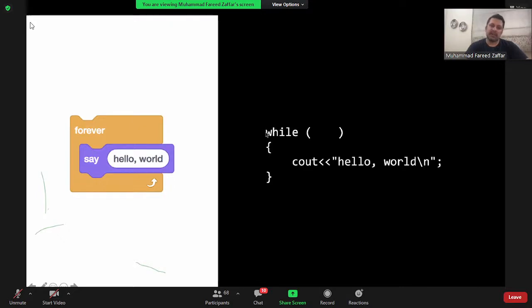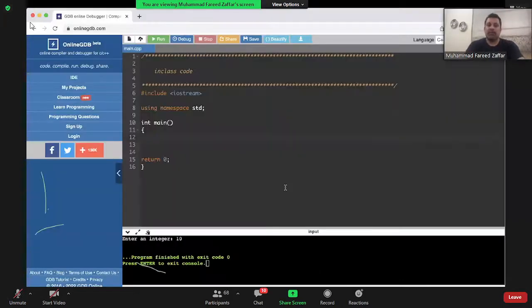While loop का syntax ये होता है कि आप लिखते हैं while और इस ब्रैकेट में आपने कोई कंडीशन लिखनी होती है और जब तक ये कंडीशन ट्रू है द प्रोग्राम विल कीप ऑन रनिंग दिस स्टेटमेंट. सो फॉर इंस्टेंस इफ आई वांट टू सॉर्ट ऑफ कीप ऑन नॉकिंग अ नेल इन द वॉल आई विल से कि व्हाइल द नेल इज नॉट इन कीप डूइंग व्हाटएवर इज इनसाइड दीज कर्ली ब्रेसेस. So ये जो दो कर्ली ब्रेसेस के दौरान जितने भी स्टेटमेंट होंगे they will keep on getting repeated while this condition. So if I want an infinite loop, if I want something to run forever, what I would say is